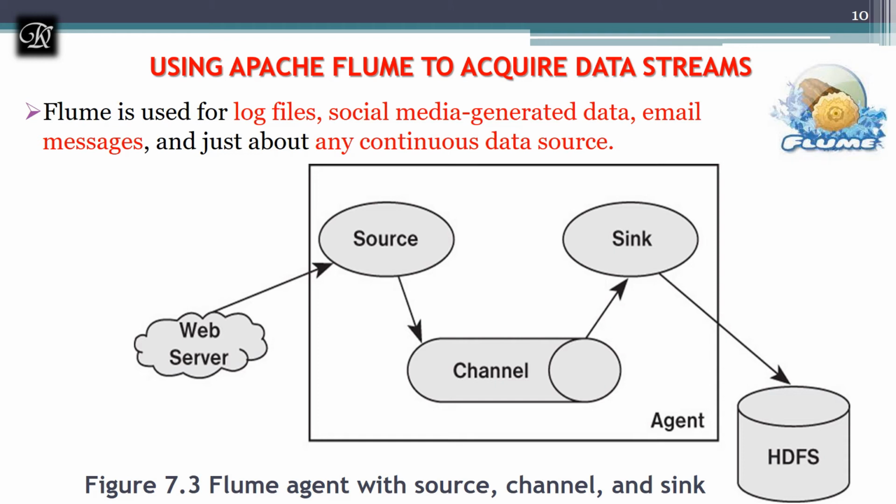Next, we'll see Apache Flume. Apache Flume is purely used for data streams. Which is the best example for data streams? Social media, right? In social media, the best example is Twitter. In Twitter, the streaming of data is high compared to other social media. Even Facebook, Instagram, all the social media are going to contribute huge data to big data, but the highest amount of data is generated by Twitter.